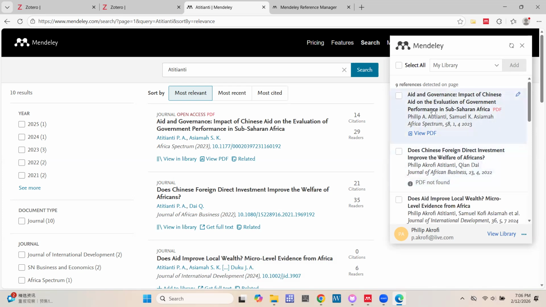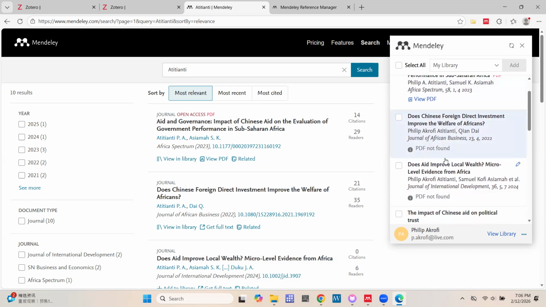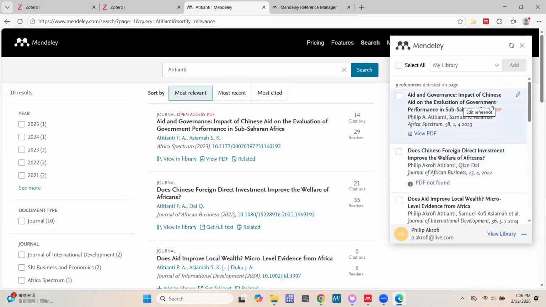Then it's telling me I can see this file, and this file actually has a PDF. This one doesn't have a PDF I can access. The ones that show PDF not found are not open access articles. If they're open access articles, Mendeley can add the PDF as well.